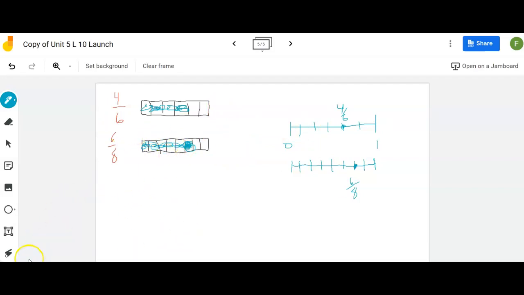Now, another way that you can think about these is to look at equivalent fractions. Think about equivalent fractions. So 4/6 is equivalent to 2/3, and 6/8 is equivalent to 3/4. So if you're comparing these two equivalent fractions, you will see that